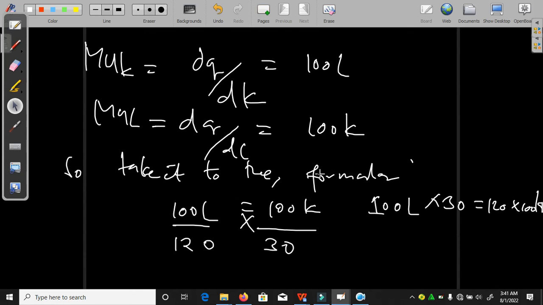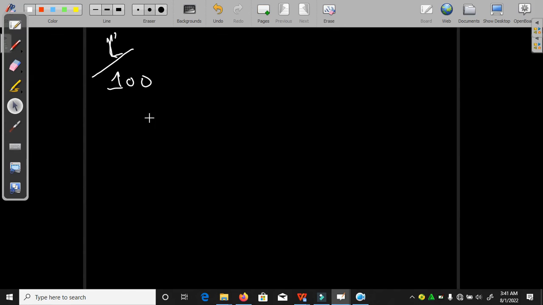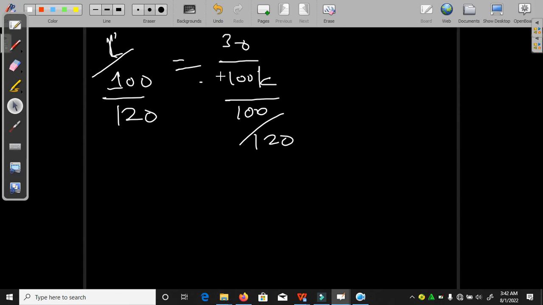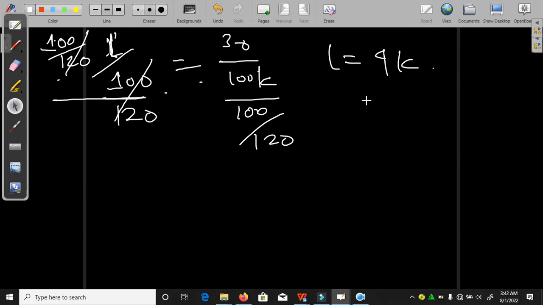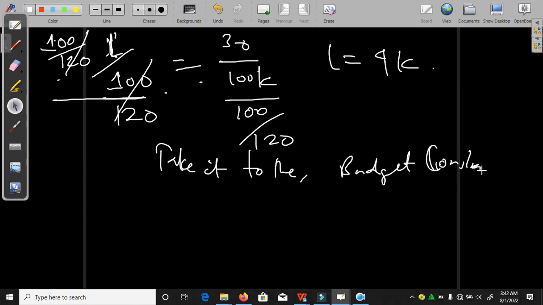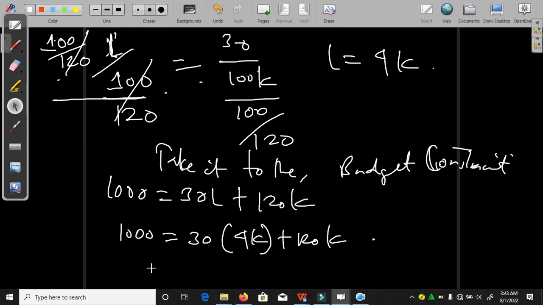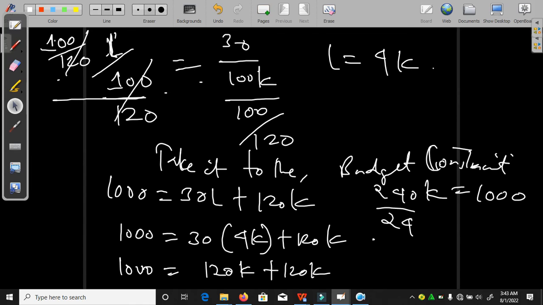So when we make some multiplication over there, we obtain 100L times 30 is equal to 120 times 100K. From that formula now we are capable of solving out the capital and labor, as you can observe. Here we divide by 100 over 120 both sides, so as we can equate to find the value of L, which will give you L equal to 4K. Now we take our L, which is 4K, and plug it into the budget constraint to obtain the values of K and L. The answer will give us 30, we plug in 4K plus 120K. We take out 1000 is equal to 120K plus 120K. We divide by 240 both sides,